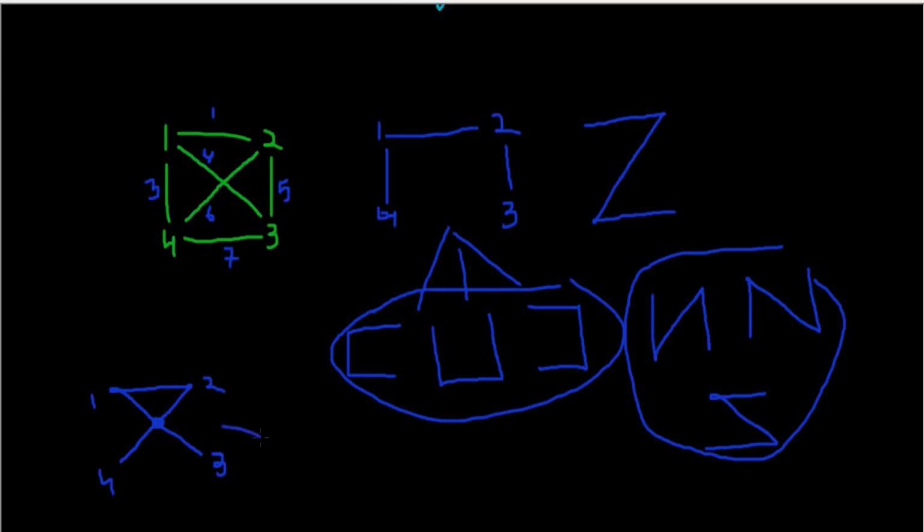So this part can also have more spanning trees like this, from 1 to 3, 3 to 2, and 2 to 4, from 1 to 3, 3 to 4, and 4 to 2, right? And it can have one more spanning tree from 3 to 1, 1 to 4, and 4 to 2, right? So there may be some other spanning trees. So I think almost I have covered all the spanning trees, right?